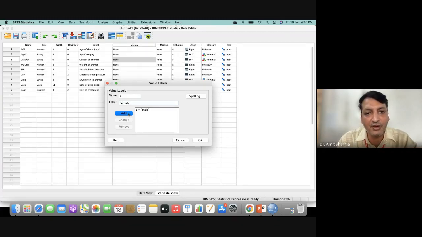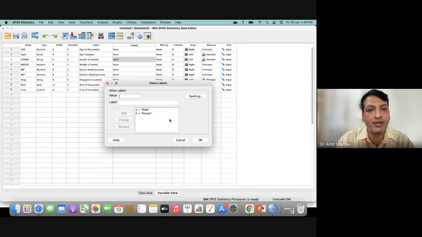And I recommend you write all these codes in a notebook. Whenever you are doing a statistical analysis, for example GLM or multivariate analysis, the result will be shown in terms of codes. For smaller tests like the student t-test or independent t-test, we get terms like male and female, but for the advanced tests, we get results in terms of coding.